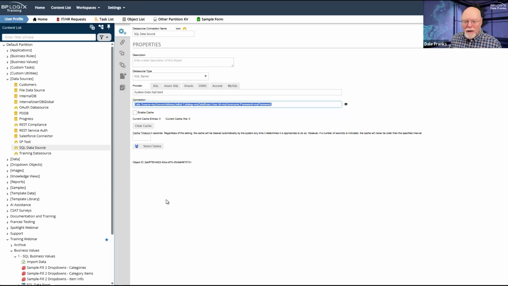Because during the import process, I don't care what the connection string is for this data source. All I care about is the name and its folder location, which should be this data sources folder at the root of your installation. Once you have configured the three data sources on the three different servers with the appropriate connection string, you never have to worry about it again. You're always going to get the right data for the server on which you are operating, and all of your imports are just going to work seamlessly from server to server to server.